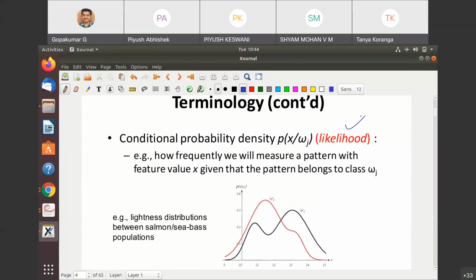Assume that this plot is nothing but a feature, like lightness. So that is the probability of x given wj, that means the probability of lightness given w1 and w2. So that is the probability of x given w1 and the probability of x given w2. These are the two, this one is for x1, and this is for the other case. So the class conditional probability distribution can be plotted, and based on that